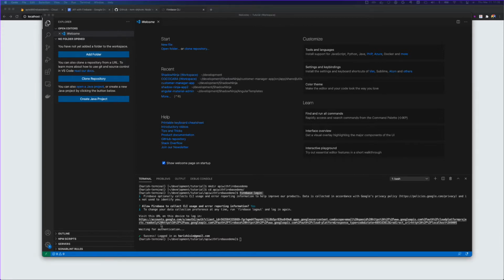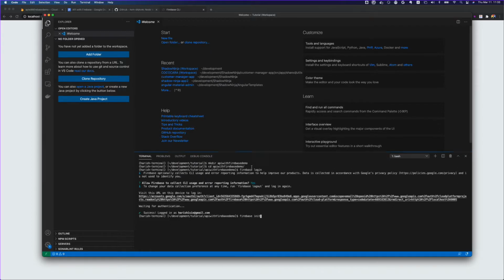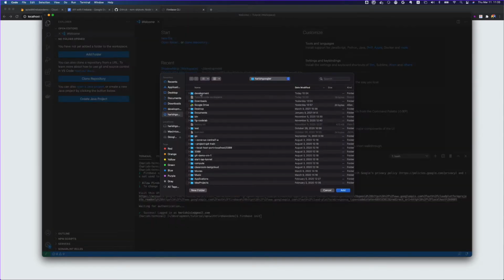Now what we are going to do is initiate a Firebase project. So we will do firebase init. What it does is initialize a Firebase project in the directory which you have selected, which is this. Before that, let me add that folder into the workspace so that it's easier to see.